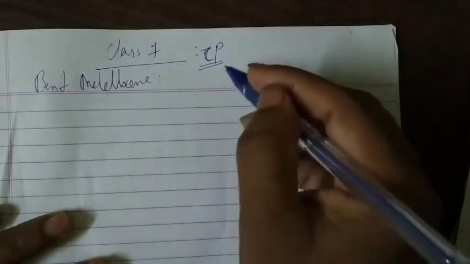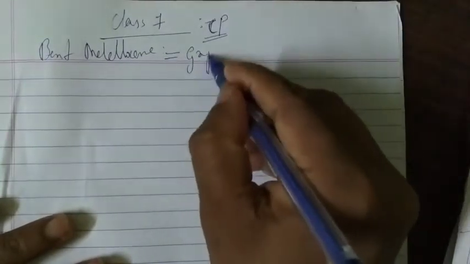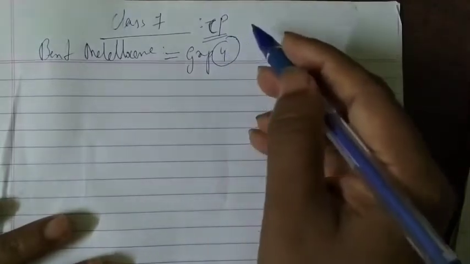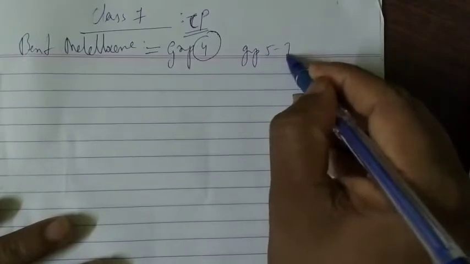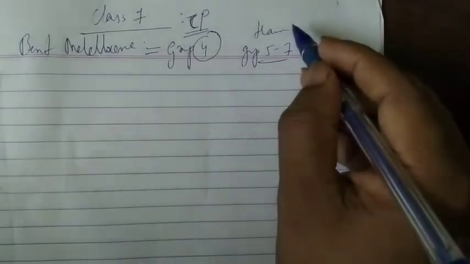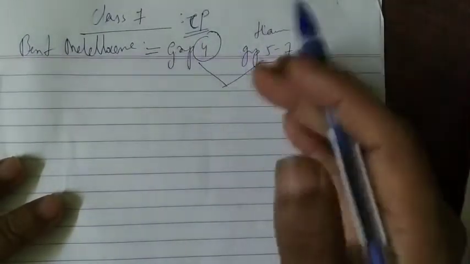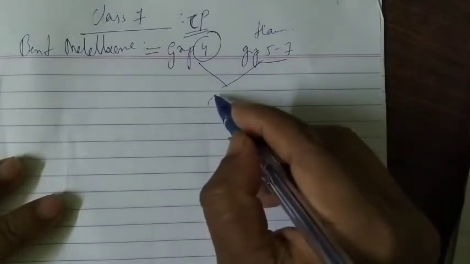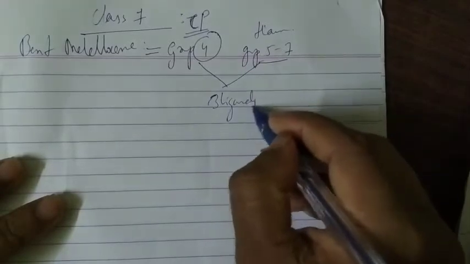So these are nothing but metals from the groups, if you see the periodic table, usually the group 4 elements, and some of the heavier elements of group 5 and 7. Some of the heavier elements and group 4 elements are capable of binding up to 3 ligands. These being heavier in nature and bigger in size, they can bind more ligands, up to 3 ligands like this.